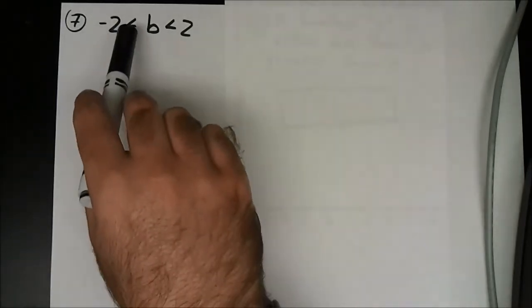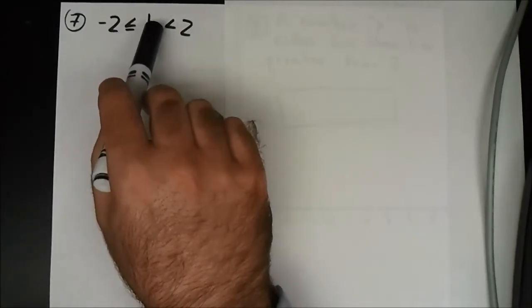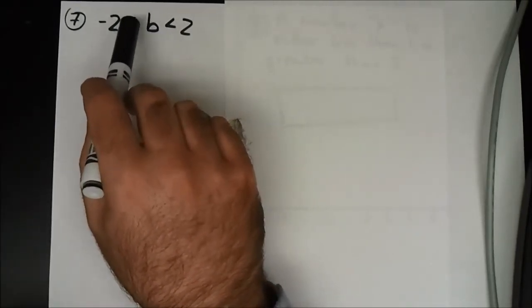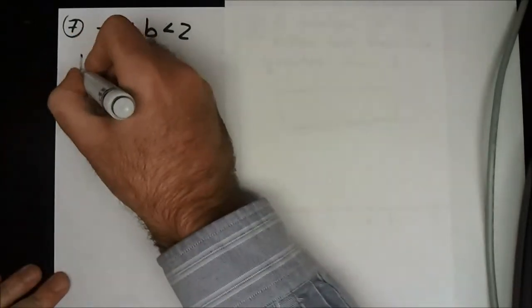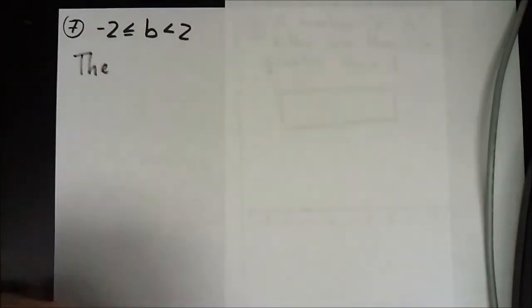Alright, look at number 2. You're supposed to write down a word phrase to represent that particular compound inequality. So one thing you can write, well, you're going to use the terms B is greater than or equal to. You're also going to use the terms B is less than. So you can say something like this. The number B, I need a new marker,